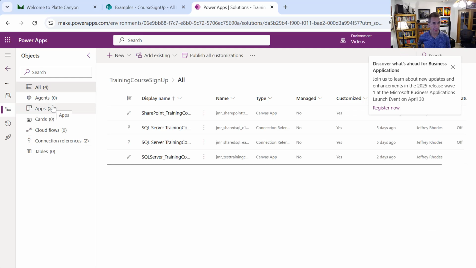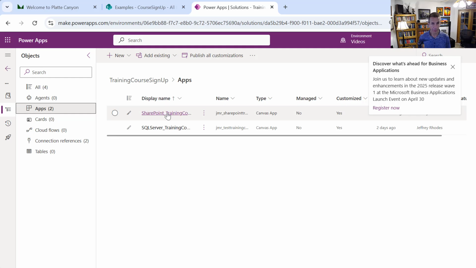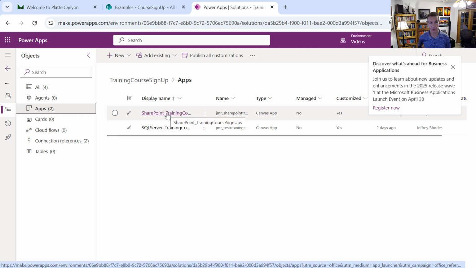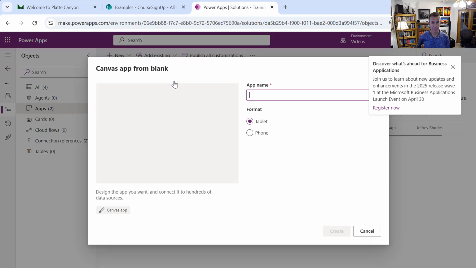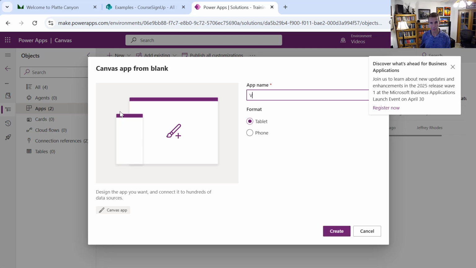And you'll see I've already got a couple apps here. I'm going to build, I've already done it so I can make sure I get it right. So I'm going to do a brand new one though. So I'm going to say a new Canvas app, and I'll call this video